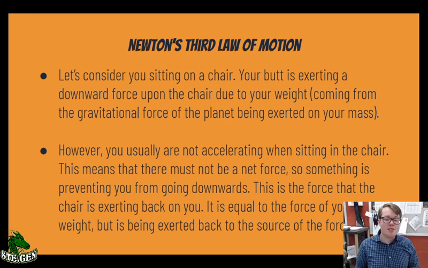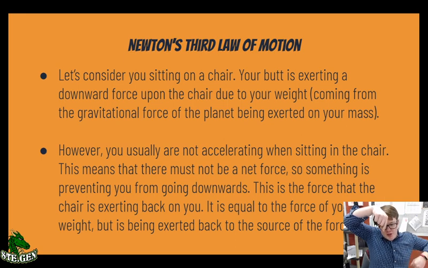So there has to be something preventing me from going downwards. There needs to be another force, another vector that's pointing in a certain direction, that is canceling out the force of my weight going down into this chair and preventing me from going downwards. This is the force that the chair is exerting on me. I am exerting a force pointing downwards on my chair, and the chair is exerting a force back upwards on me